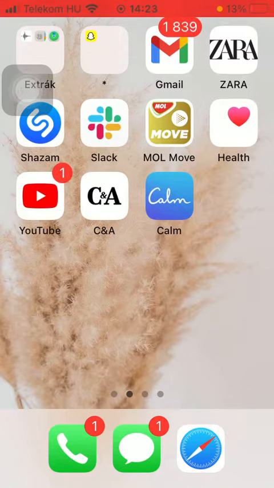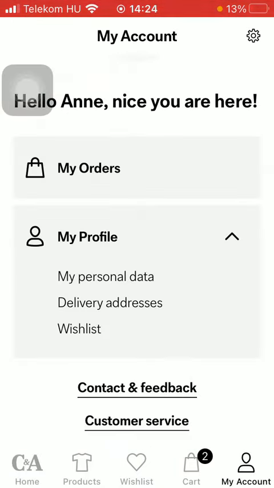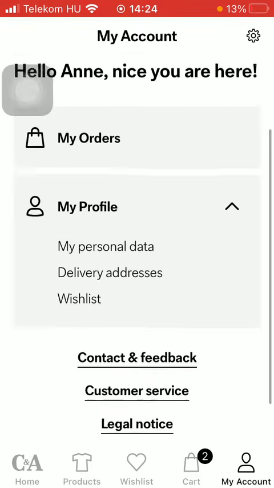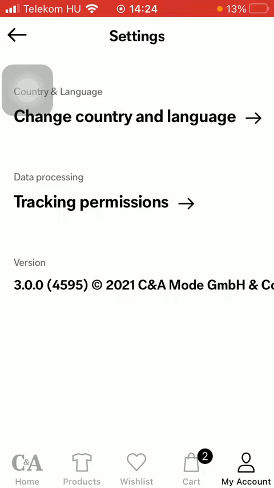So let's jump into it. First of all, open the application on your phone. After that you should tap on the My Account button down below in the right side of the screen. Then tap on this settings button in the upper right corner and click on change country and language, which is